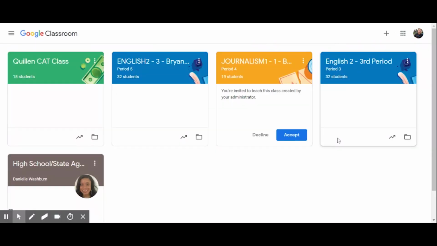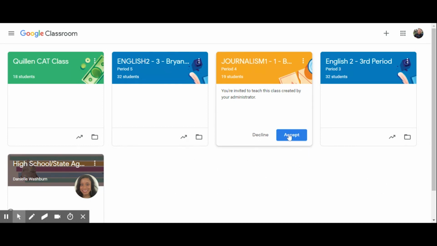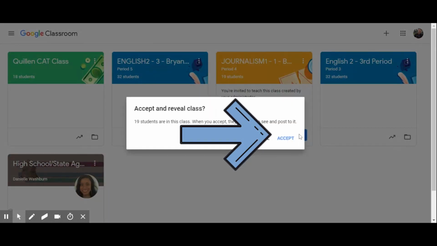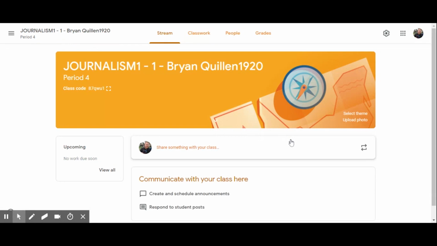You're going to see a few of your classes here, and you're going to see a decline or accept button for all of them. You want to click accept here. The JCPS synced classes are going to sync not only your roster, but also your gradebook with Infinite Campus, which is extremely helpful. If you create your own class, you won't have that option. So we want to click the blue accept button once and twice, and it will automatically load you into your